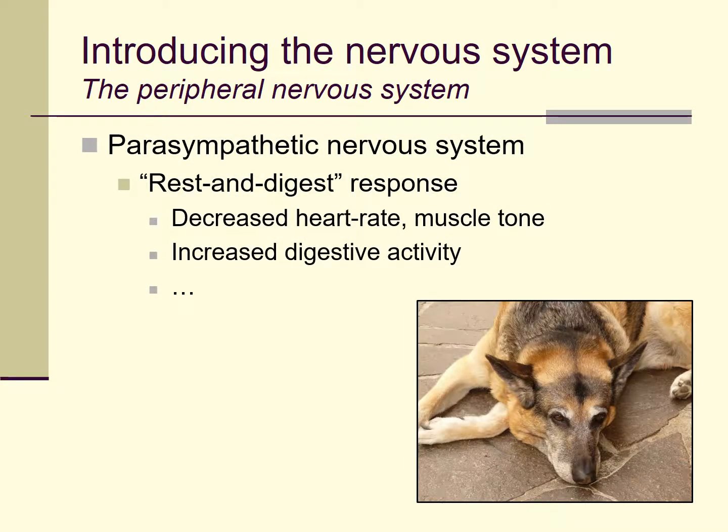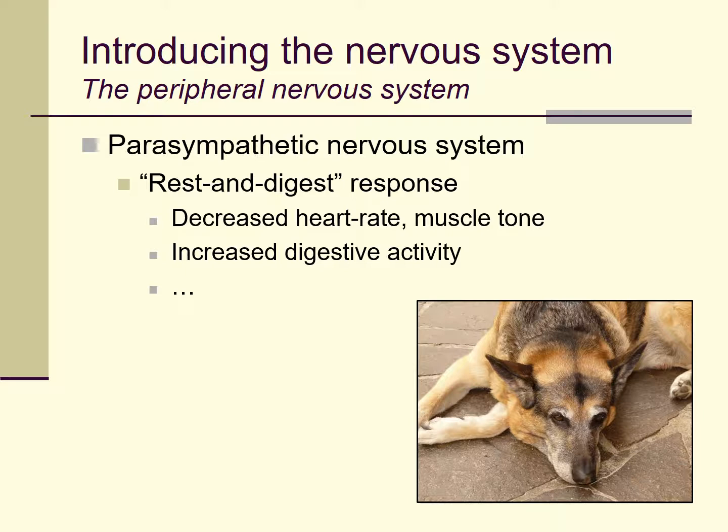Balanced against that, the activity of the parasympathetic branch of the autonomic nervous system is sometimes characterized as the rest and digest response, or the rest and recover response. You could imagine an animal, whether it's a human or another animal, has had to chase down prey, capture and kill something to eat. During the course of that chase, the sympathetic branch of the autonomic nervous system holds sway, and there's increased heart rate, increased muscle tone, decreased digestion, and so on.